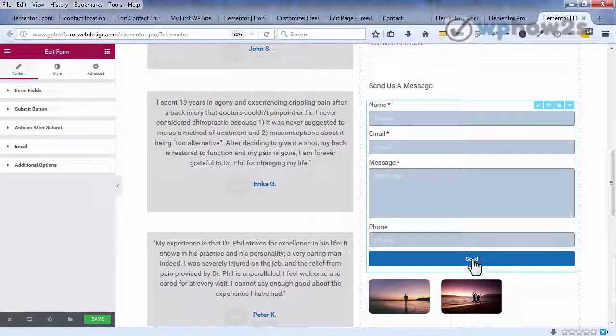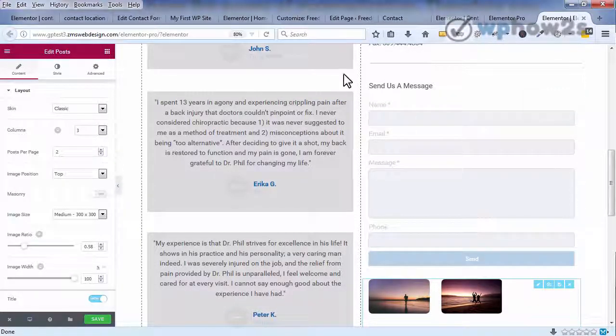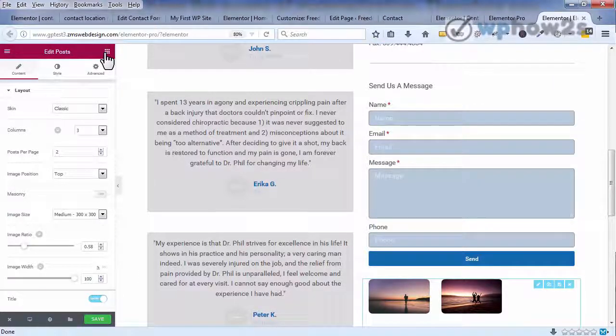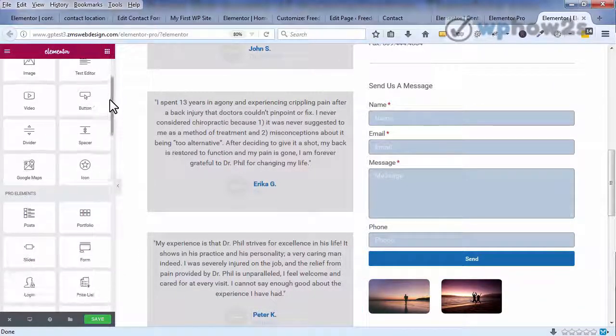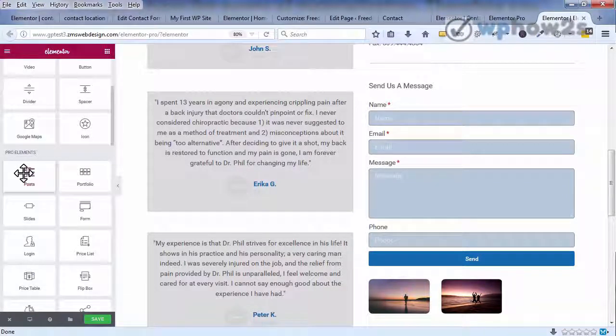Let's see, what else can we do? We'll click in here. This is the edit post element, and actually I think this might be just a free element that I use right here. Well, actually it's a post element right here. Yep, it's a post element, a pro element. So this is a pro element too. If we click